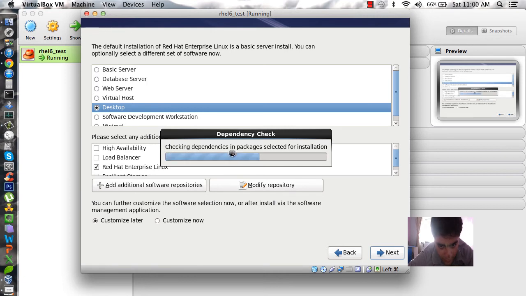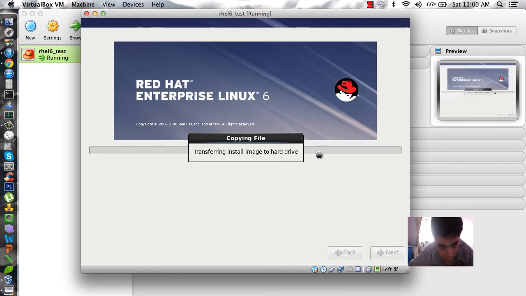It will check for dependencies for the packages, and now the actual process of installation will begin.